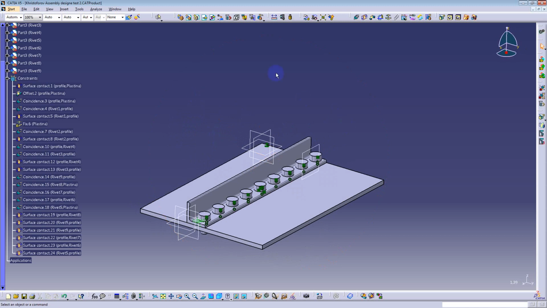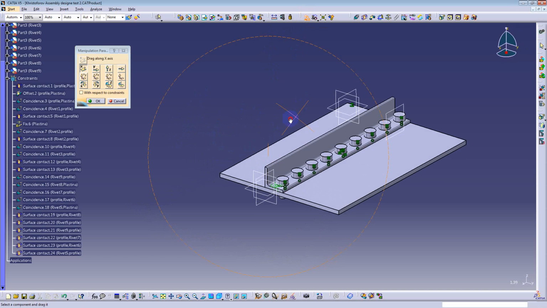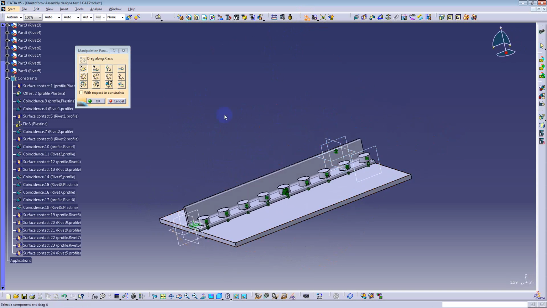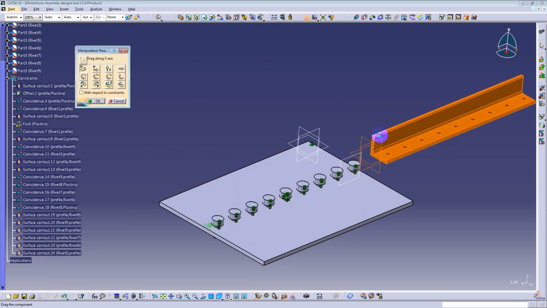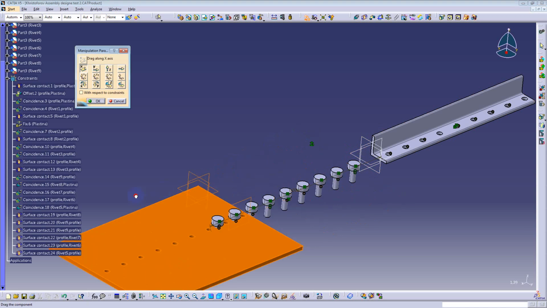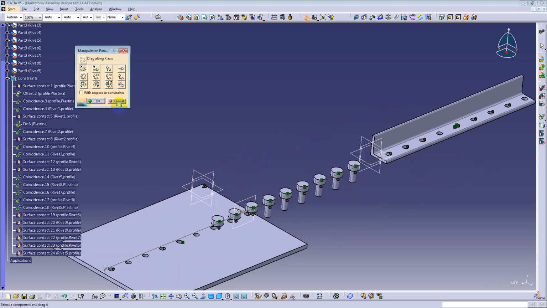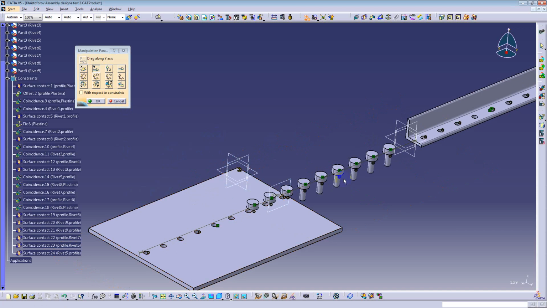Also, in this environment, we can do manipulation with all of the items in this assembly. We can drag all parts in, but we should choose the direction of changing this position. And in my case,